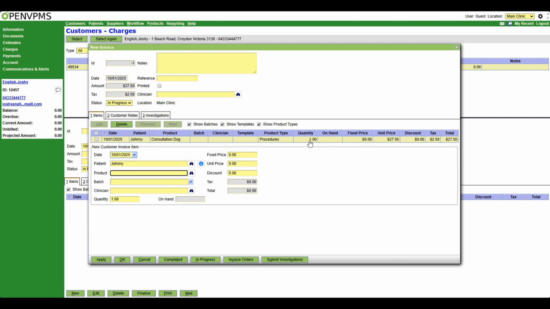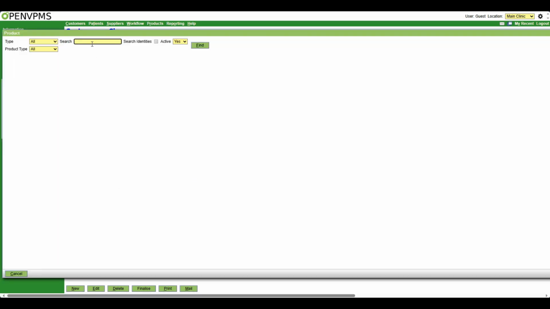So I'm going to work out, let me just get my calculator up on my phone. So it's 3 mg per kg. So it's 3 times, and Johnny weighs 22 kilos. That equals 66, and then I'm going to divide that by 100 because it's the concentration of Cartrophin divided by 100 equals 0.66. So I'm going to click on my binoculars there, going to search for Cartrophin